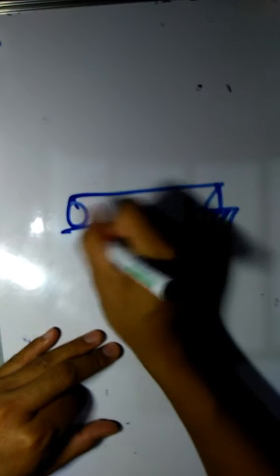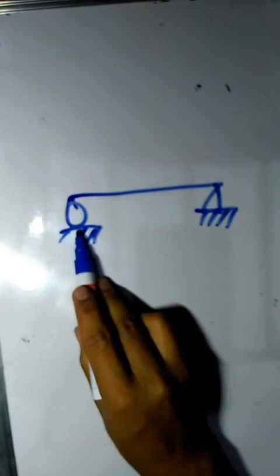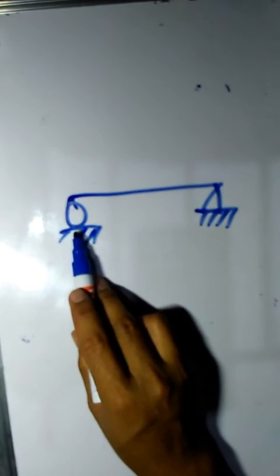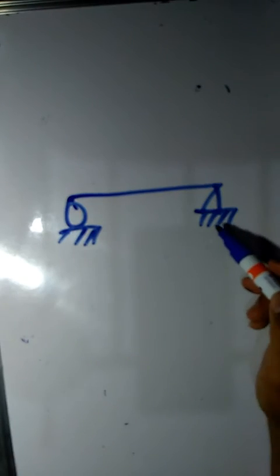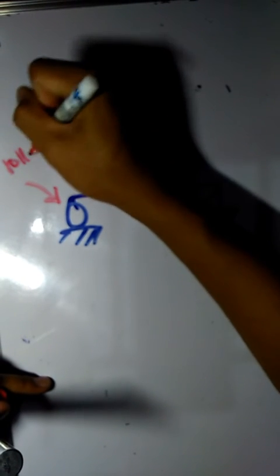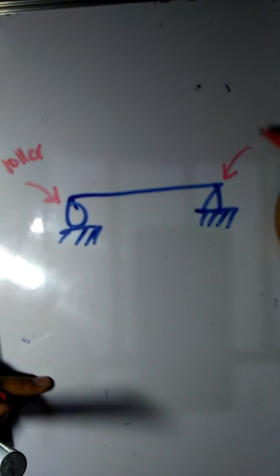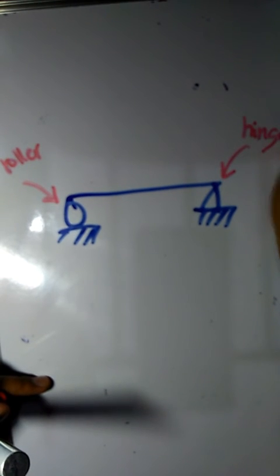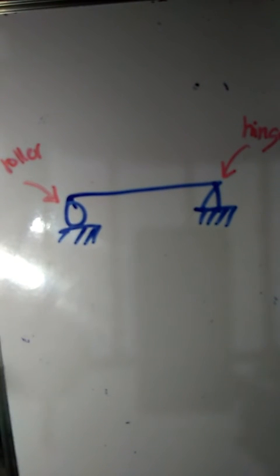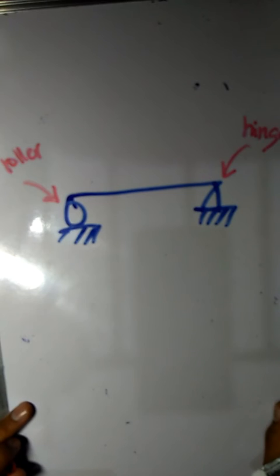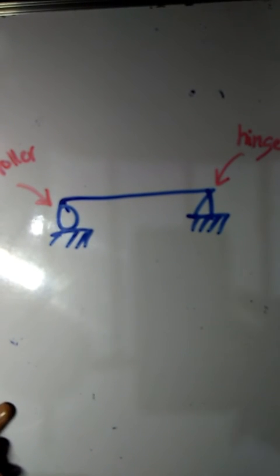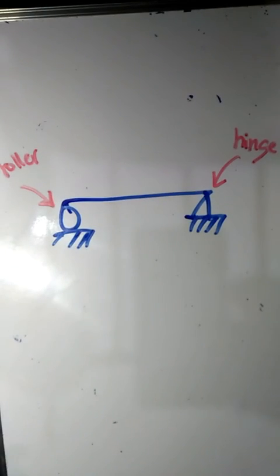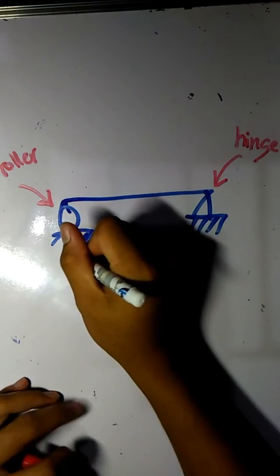Diba? This support is actually a roller, and this support is hinge. Again, take note. Diba yung sabi ko kanina, yung ganito mga illustration ay roller. Tapos this one is hinge. Okay? Hinge. So, yan yung hinge. So, if you are to analyze this one, sa roller, yung sabi ko kanina, sa